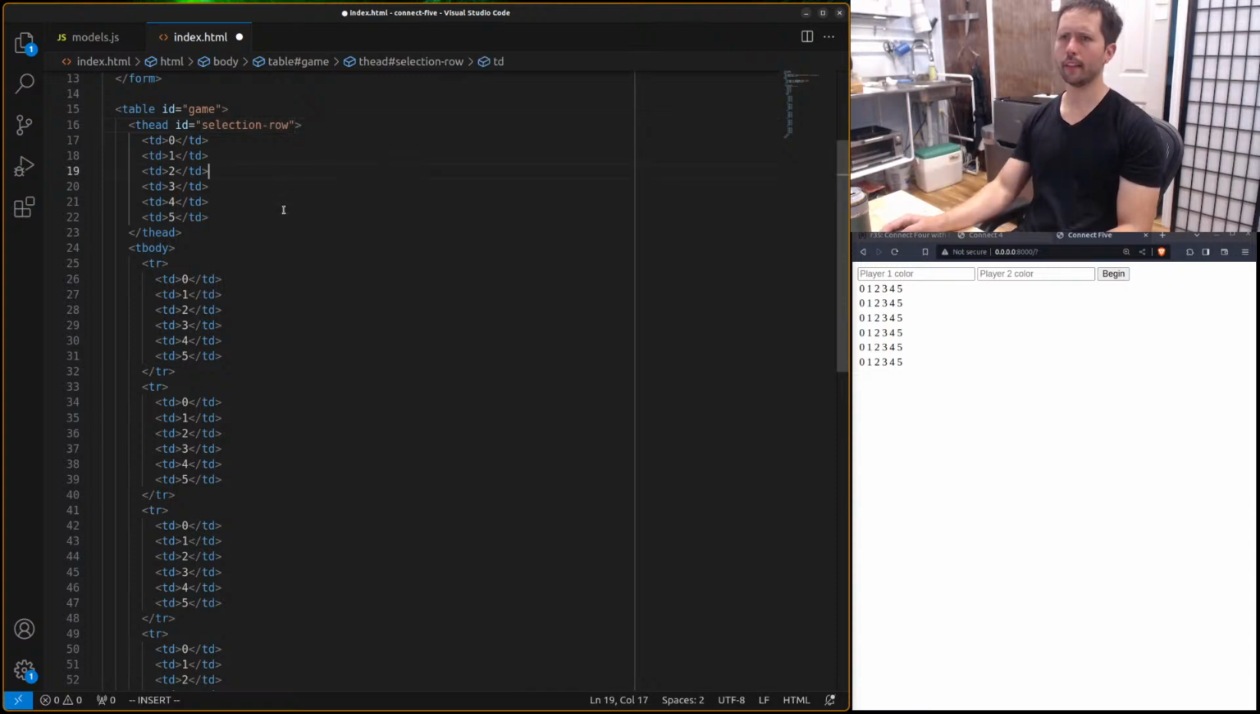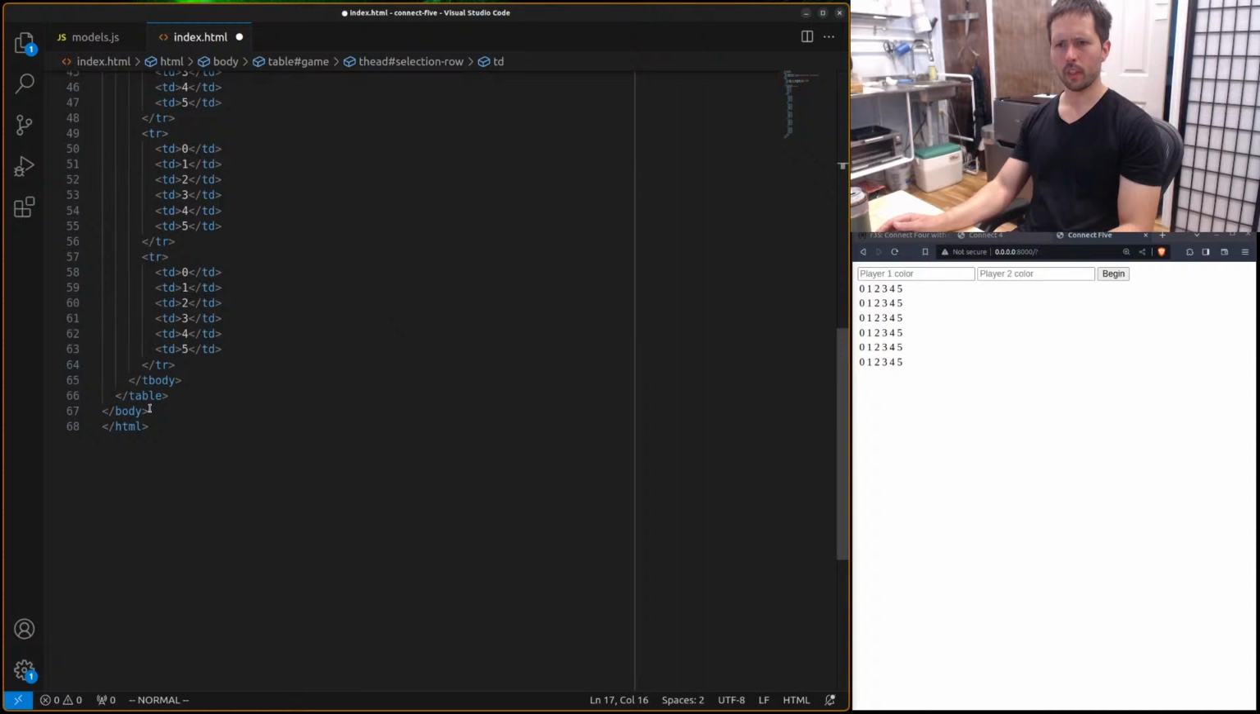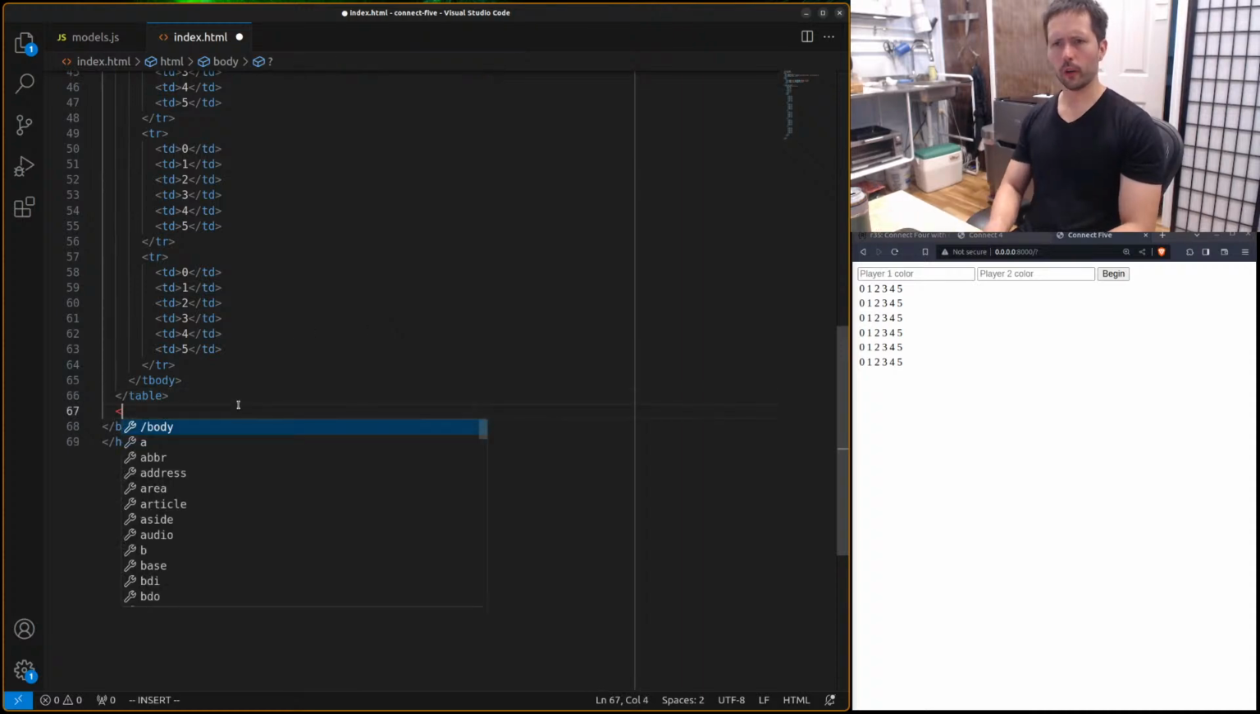Thead ID equals selection row. Okay. All right, that's fine. And then at the bottom here, we're gonna have our script tags to make sure that this works. So script src, I think it's src, equals, and then we'll write all of our script sources. So models,